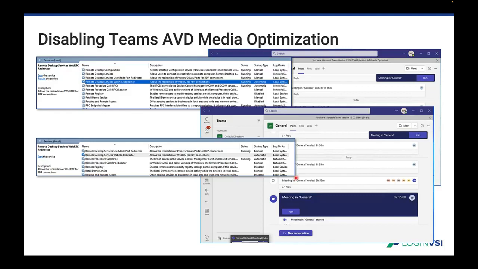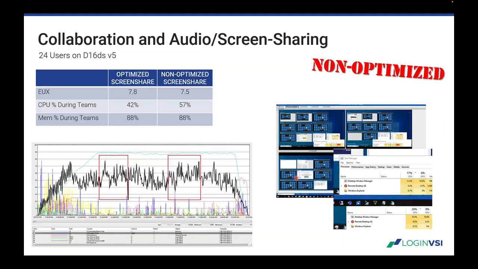So now that I've got the session host in a non-optimized state and all the Teams instances, you can see that things do look a bit different. I'm running the same video. I'm running 3 launchers here, 24 sessions, and we can see that in a non-optimized mode, we are putting a little more burden on the CPU. The memory utilization doesn't really change, but you can see we go from 42% to 57% with a screen share that doesn't have a whole lot of change on it,